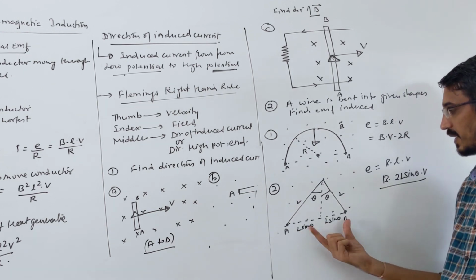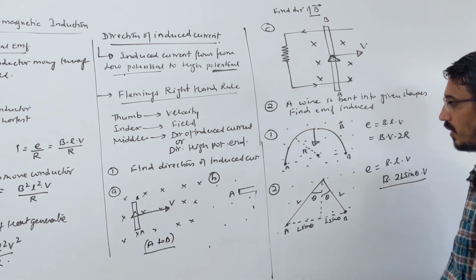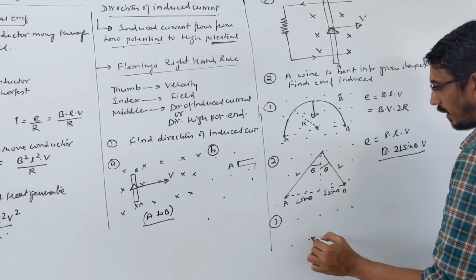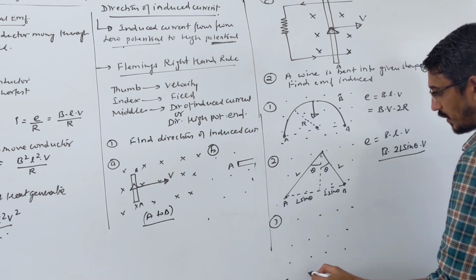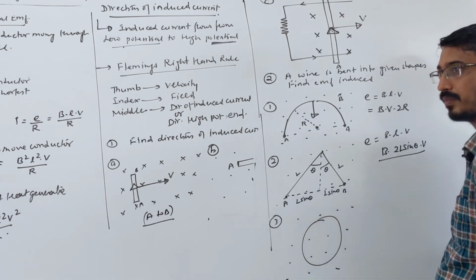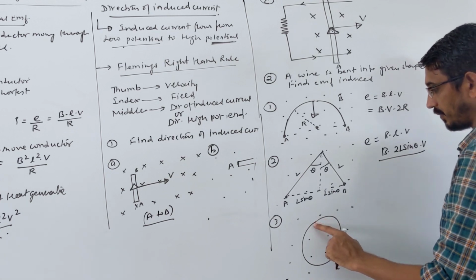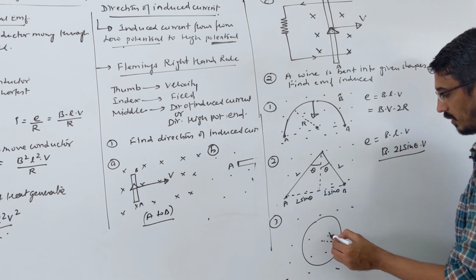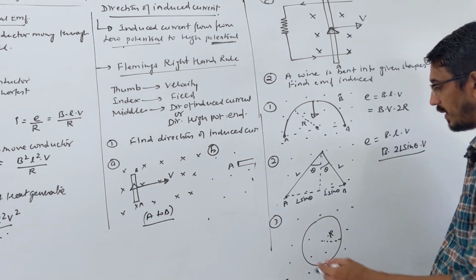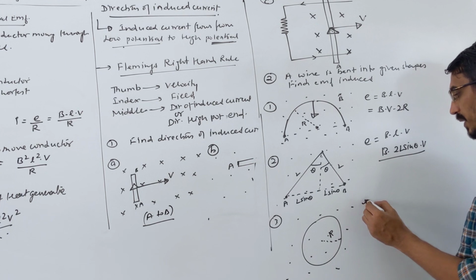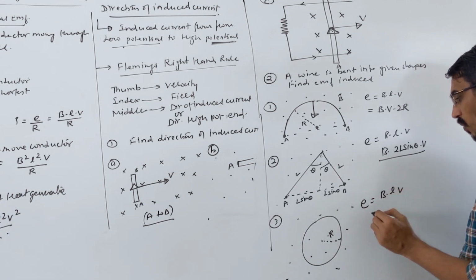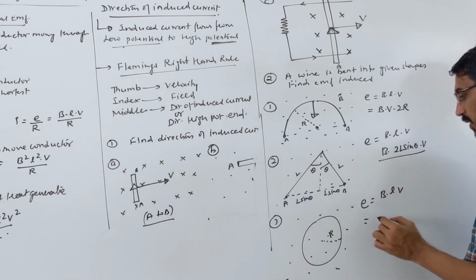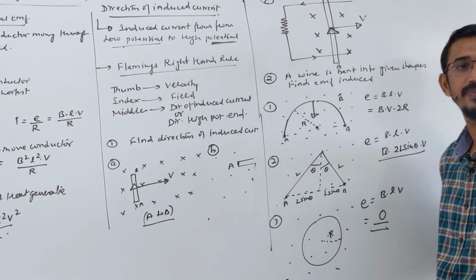L sine theta plus L sine theta, that's the distance between point A and B. Suppose you turn this into a closed loop. Some field is there and I ask you, this is the shape, a complete circular shape, of radius R. Now what is the answer? Look here, and it's moving through this uniform magnetic field. What is the answer? Now BLV. What is L here? The end to end distance is what? It is a closed loop. So what is L? L is 0. So EMF induced will be 0.